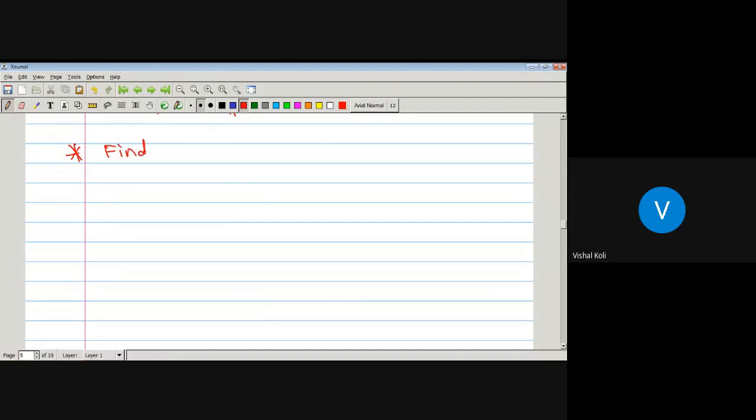Let us find one more example. Find the primitive root of 17 modulo 18. Okay, so here we have to find out the primitive root of 17 modulo 18, which implies a is equal to 17 and